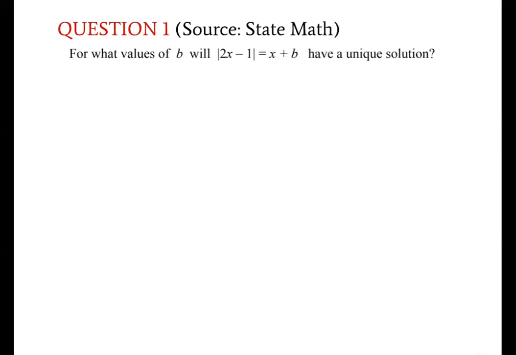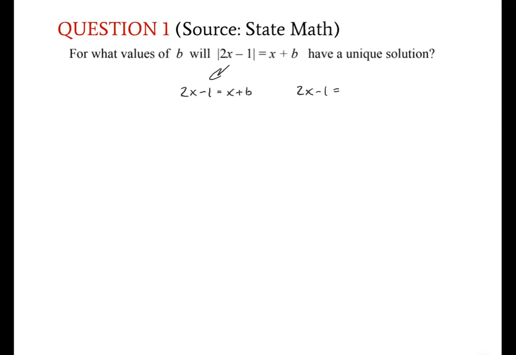So question 1 asks, for what values of b will that have a unique solution? A unique solution just means, well, it basically means that b will have one solution. So obviously for absolute values, that means that you can split this equation, or you can turn it into two equations. So you'll have 2x minus 1 is equal to x plus b, and